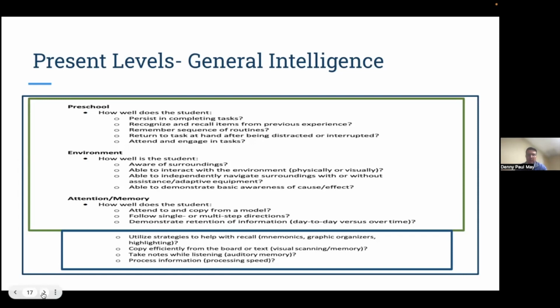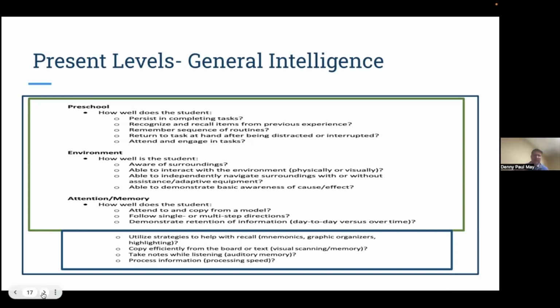And so what we need to be focusing on is improving all students' memory. And so you can see right there how well does, and this is a preschool kid, how well do they attend to and copy from a model? And then as you move on up, how do they follow single or multi-step directions? Can they recall information or hold information in working memory long enough to apply it to a math problem, or figuring out what a sentence means or a paragraph means, or what's being inferenced? Can they create visual pictures in their mind and hold those in order to figure out what's going to come next or what's going to happen next in the story?